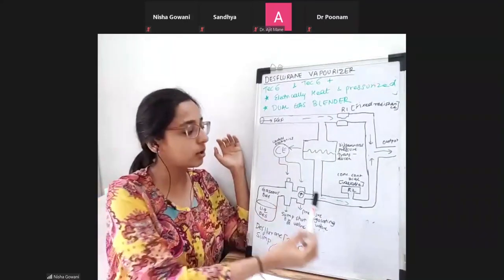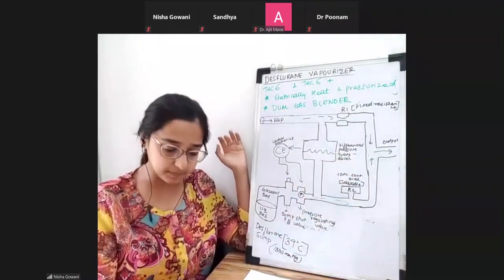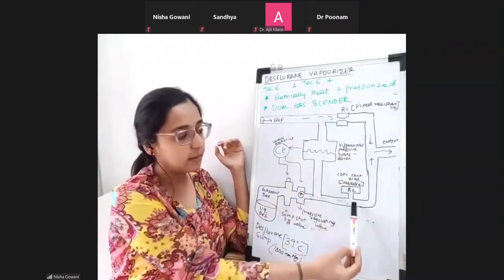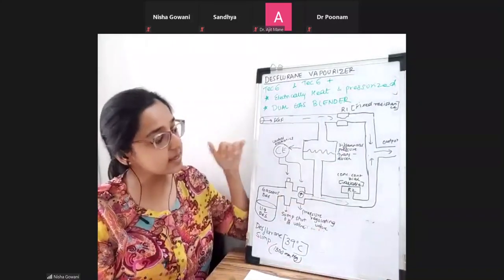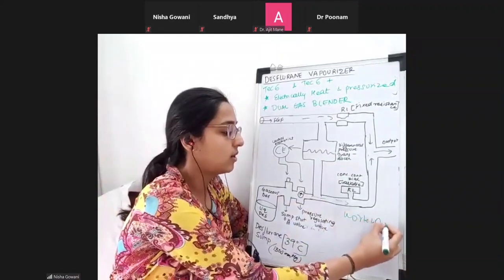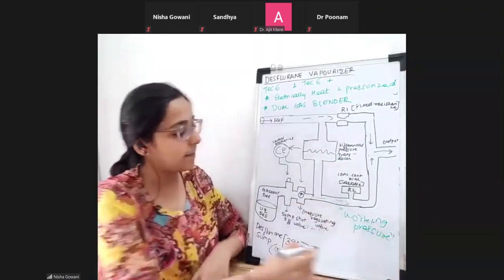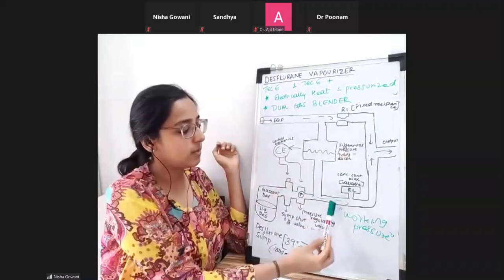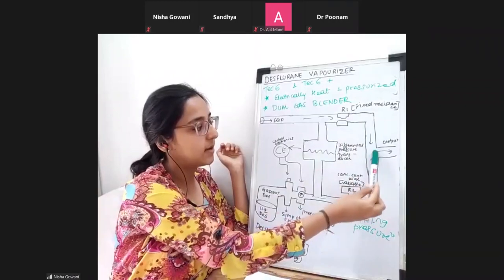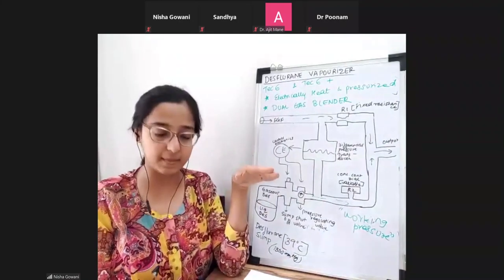The aim is what? That ultimately the pressure over here and here should be the same. So now the pressure in the fresh gas circuit and the vapor circuit will be equal to each other. And this equal pressure is known as the working pressure. What will happen at this working pressure, which is equal on both sides, is that the vapors come here, the fresh gas comes from its own circuit, it mixes here, and that's how the finalized output occurs of the desflurane vaporizer.